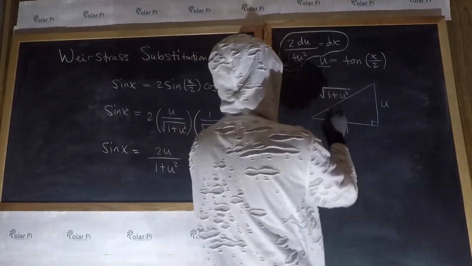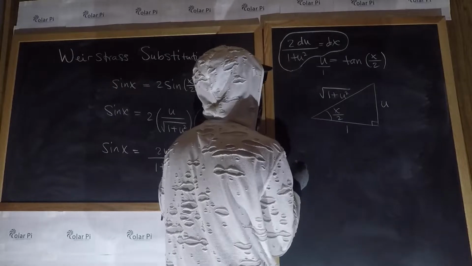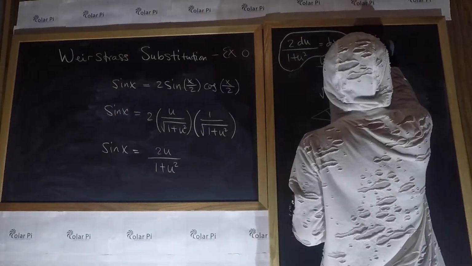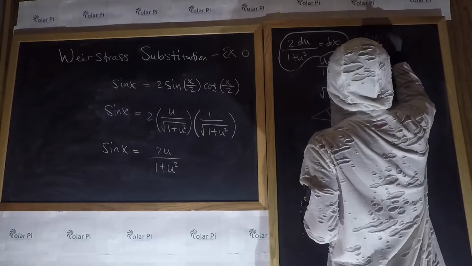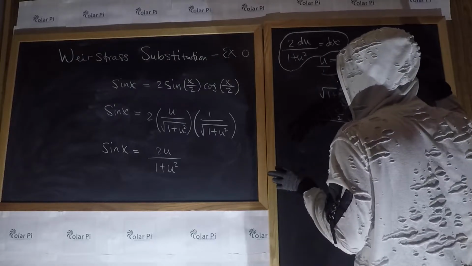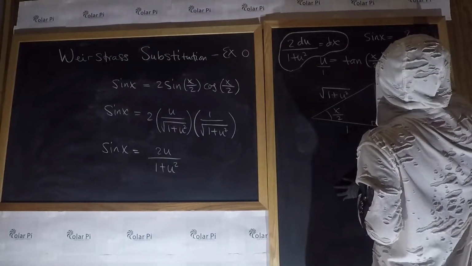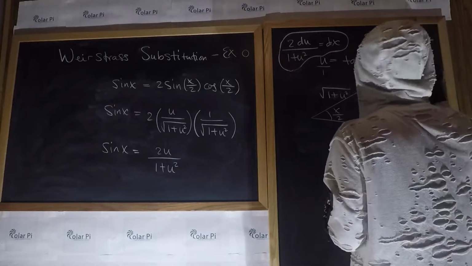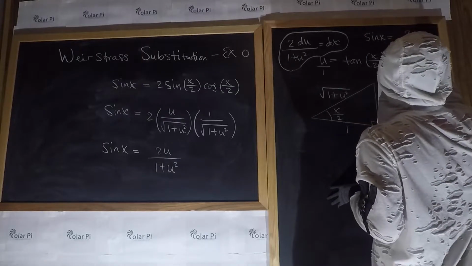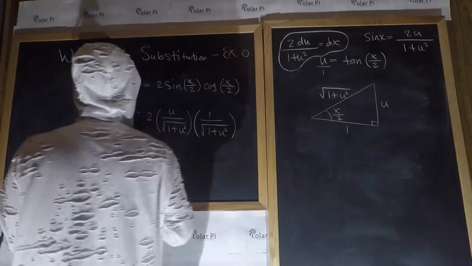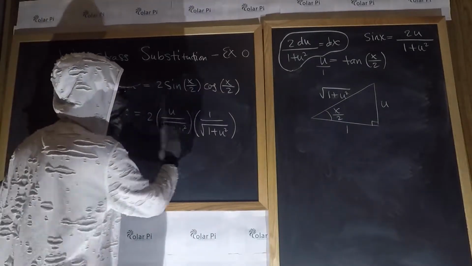So let's write that somewhere because we might want to use that also. You should definitely write it down if you have homework on the Weierstrass substitution, because it'll be handy. But yeah, this is sine x. Okay, cool. And then cosine x,